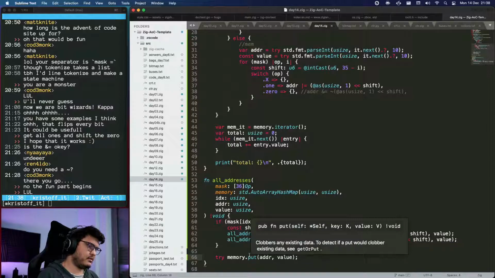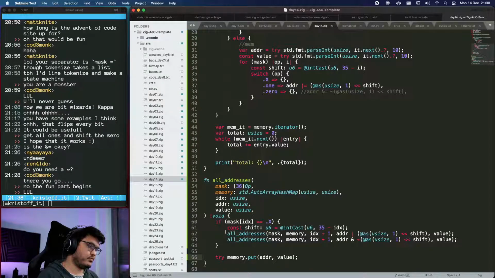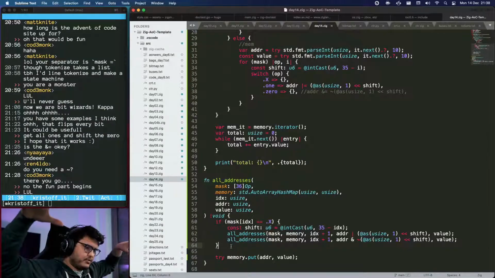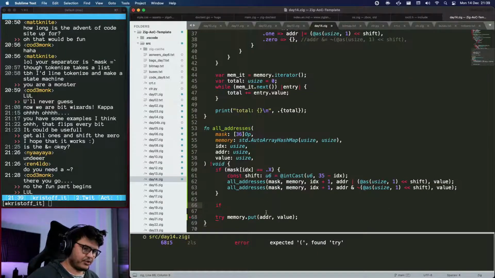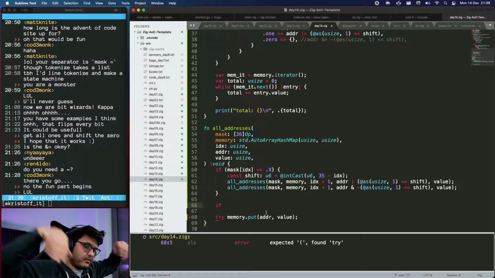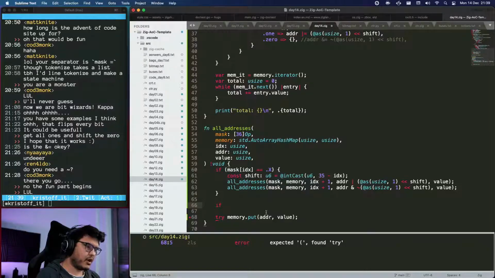And then what do we do? So this keeps branching out, putting x at all possible values, but we are missing the base case, right? Where we need to actually put stuff inside. So what we want is that if we reach the end, if we are at the bottom of the recursion, and there's going to be a lot of calls that end up being part of the recursion. So if IDX equals,